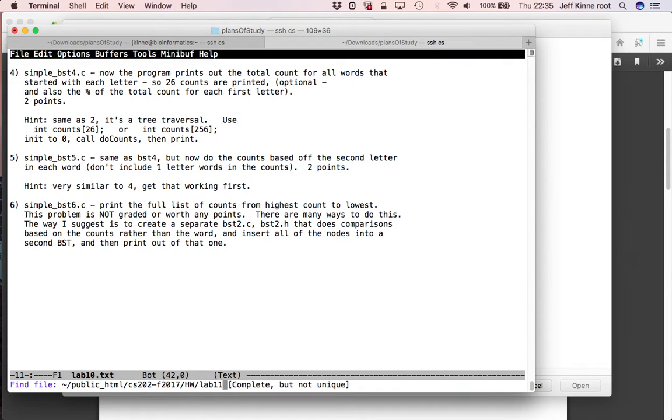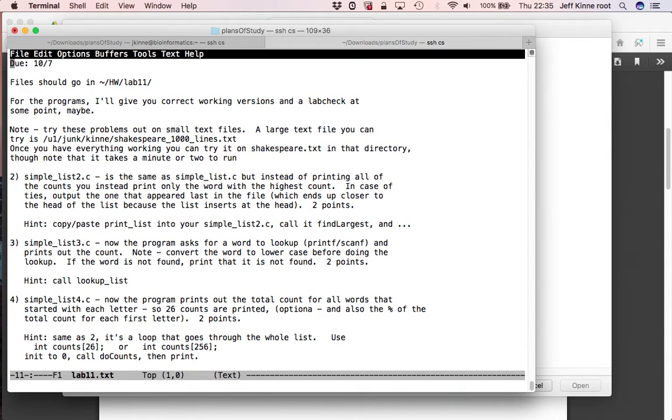Let's look at lab 11. So lab 11 is going to be the same thing, but now with a linked list. Okay, number 2, copy your stuff in, find largest. You're going to have to do a loop through a linked list. So your loop through a linked list, you have to remember, is basically